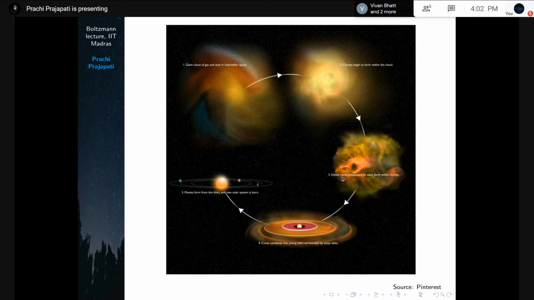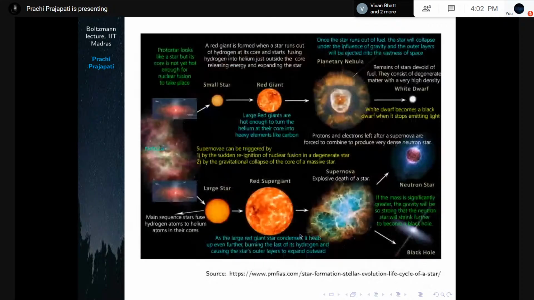These dense cores are actually the precursors of stars, and eventually it leads to the formation of a young star, where initially we expect the nuclear reactions to start. At that point, we can tell that the star is born, and it is also known as a zero-age main sequence star. The age is 0 because it's just born. Now, stars evolve in two different ways based on the mass they have when reaching the zero-age main sequence.